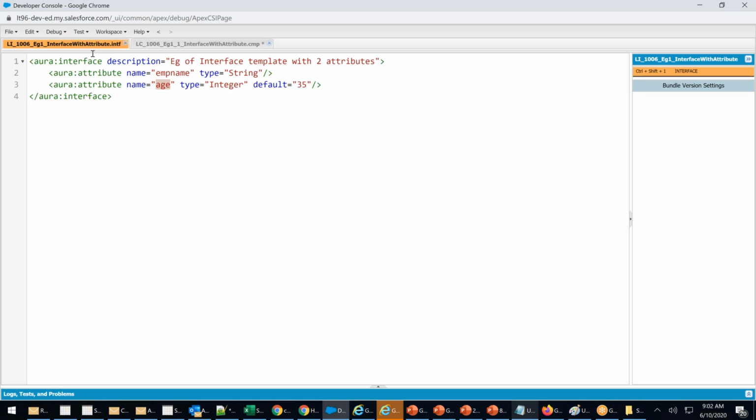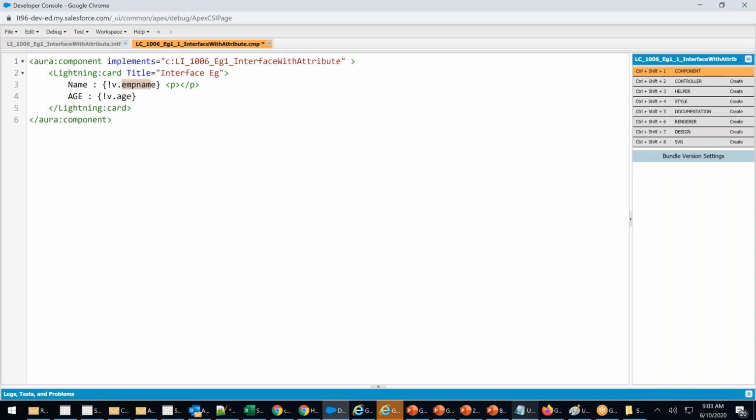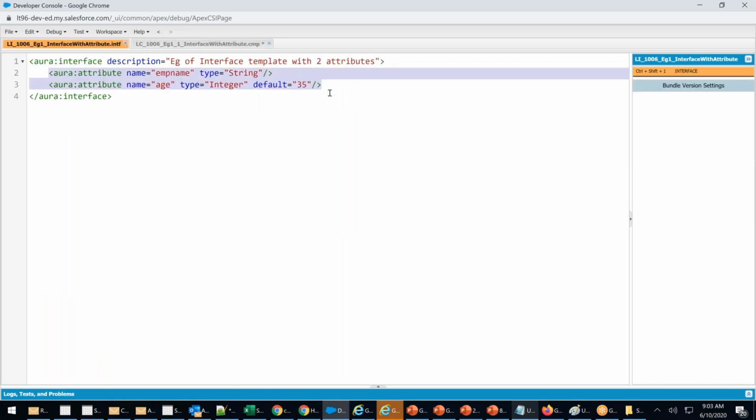And that interface, I'm implementing in a component. In the component, there is no attribute defined called employee name, employee age, but I can use it because I'm implementing the interface. If I implement this interface, all the elements inside the interface are accessible